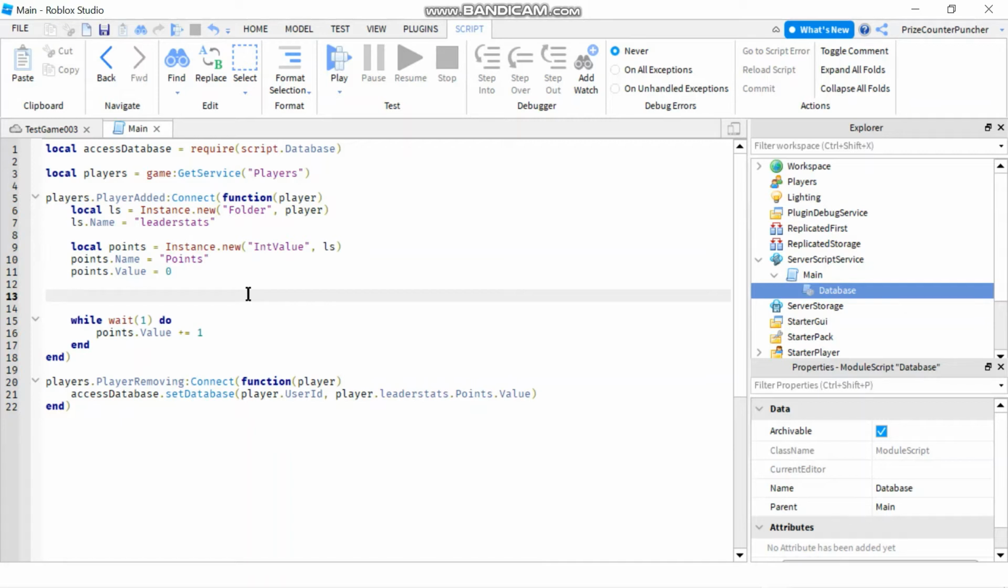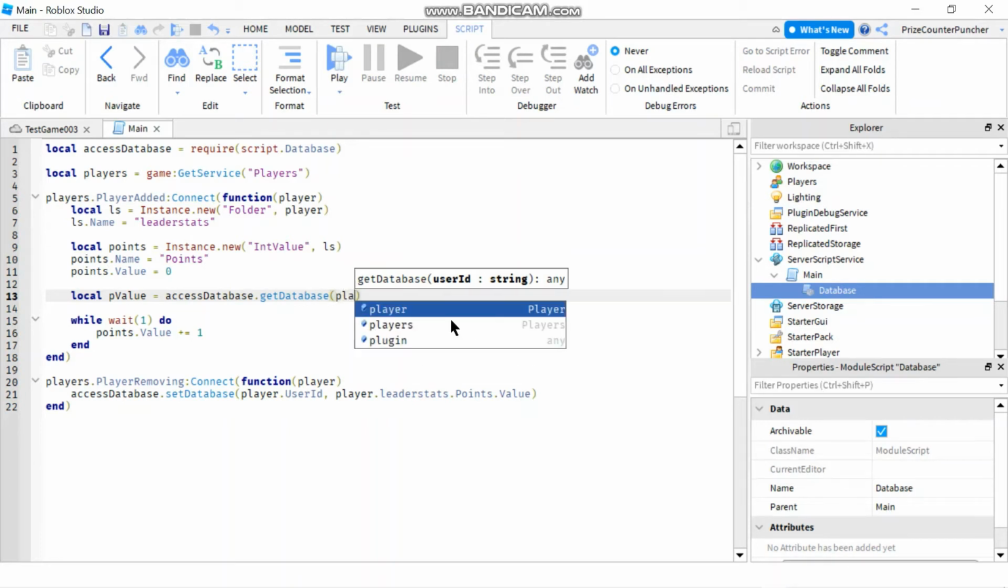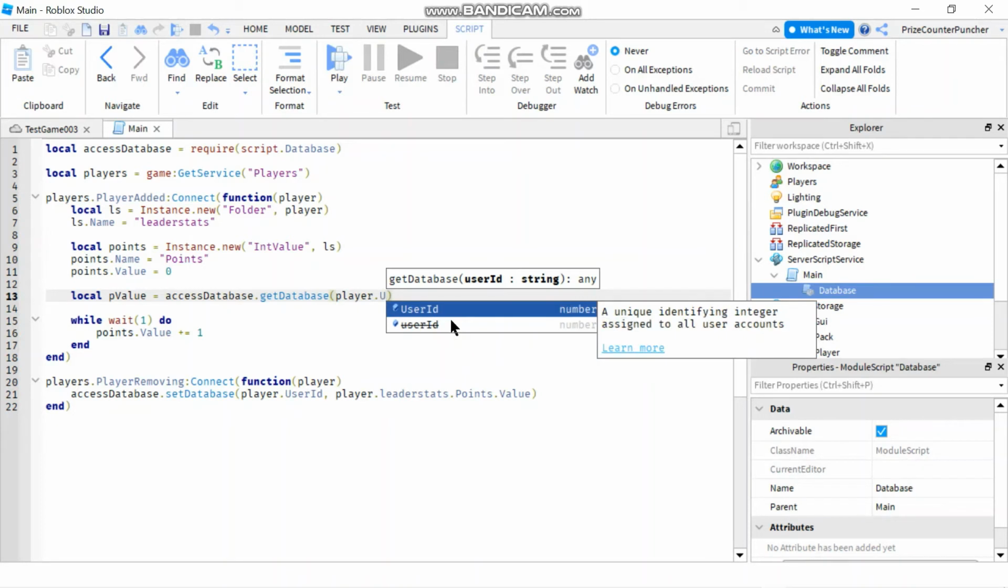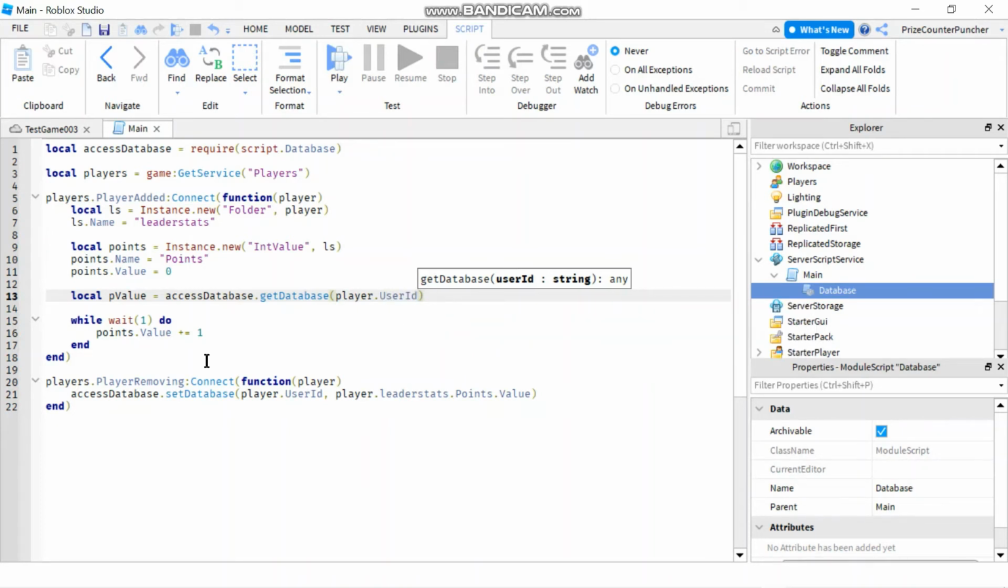So to get the value, let's declare a local variable. Let's call it pValue equals, and we're going to use AccessDatabase again. So AccessDatabase.GetDatabase, and here we only need one parameter, which is the user ID. So it's going to be player.UserId. So we're calling AccessDatabase with the user ID, and it's going to return the points value from that player